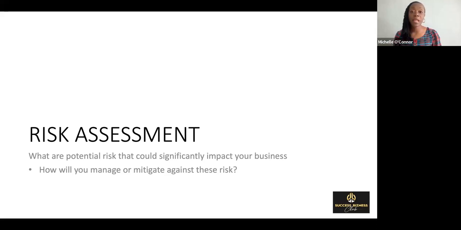It could be things like AI. AI could be a risk. It's a risk and an opportunity at the same time. But because all of these things are there, it means that, you know what, I need to make sure that I'm either educating myself or I'm preparing to exit. You can do whichever you want, but you just need to know what those risks are, and you need to be able to manage or mitigate against those risks.